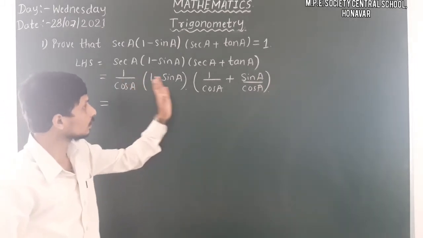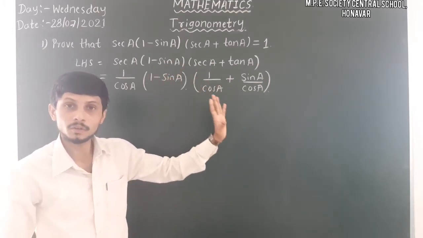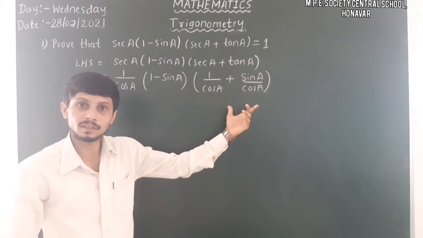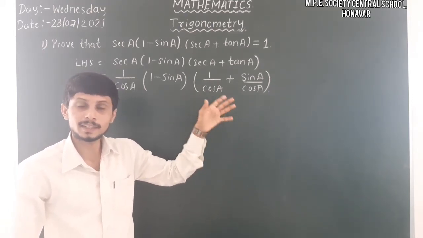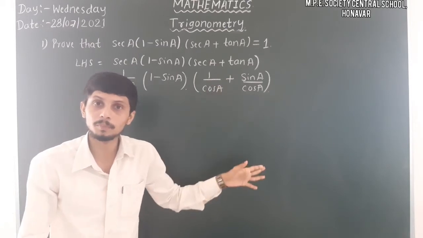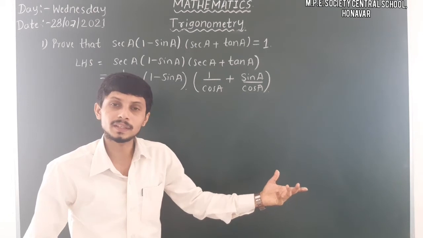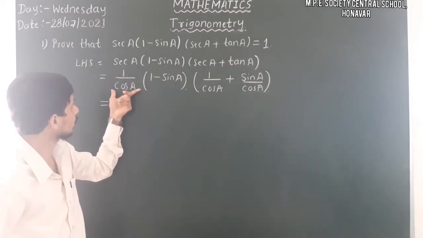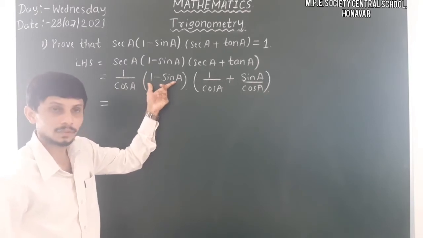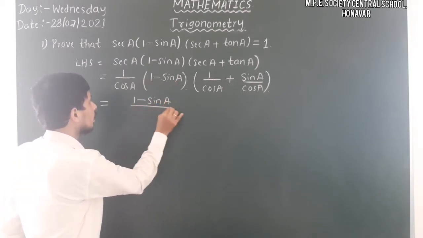Here just observe, all the things we have here are in terms of sin A and cos A. So we can insert any first trigonometric identity easily. If any form arises in the form of a trigonometric identity, we can easily change it. Yes. So here just observe, here we have 1 by cos A and 1 minus sin A. So we can multiply this, 1 minus sin A divided by cos A.